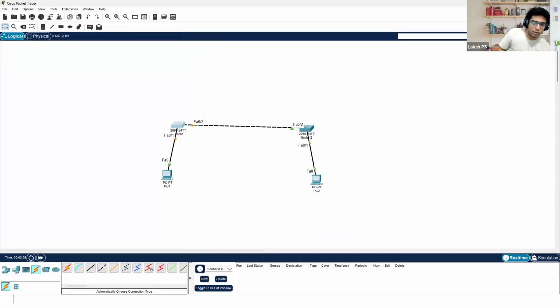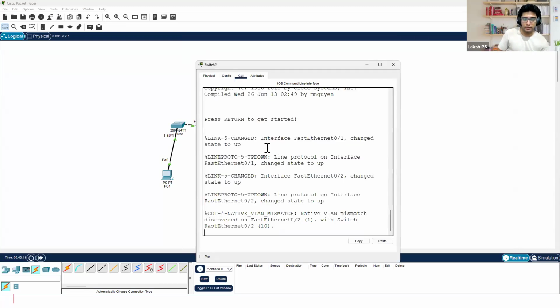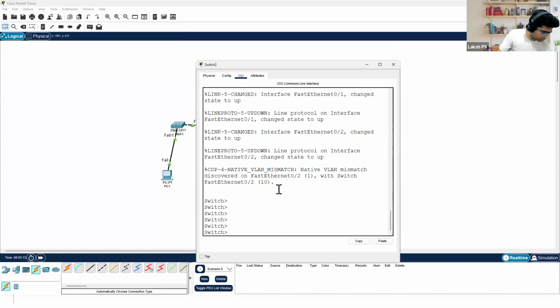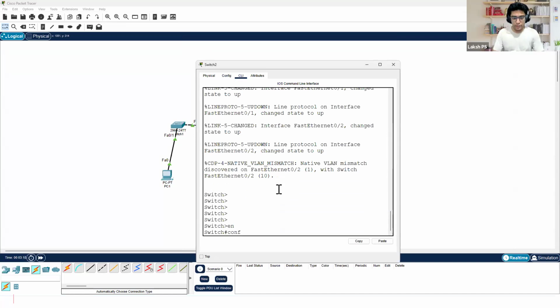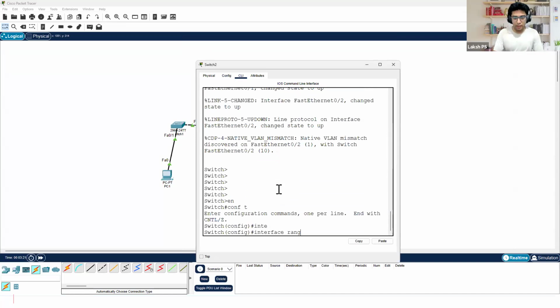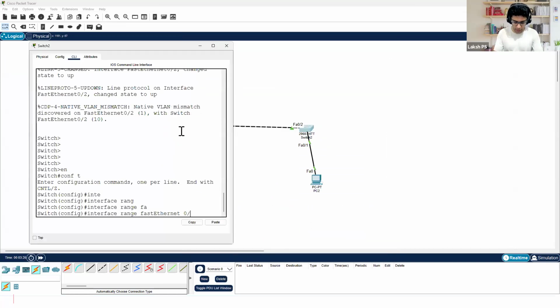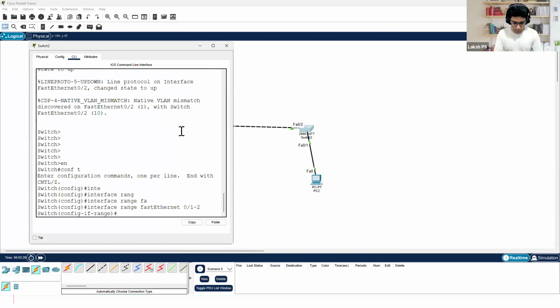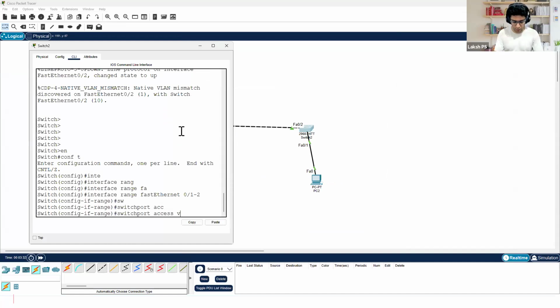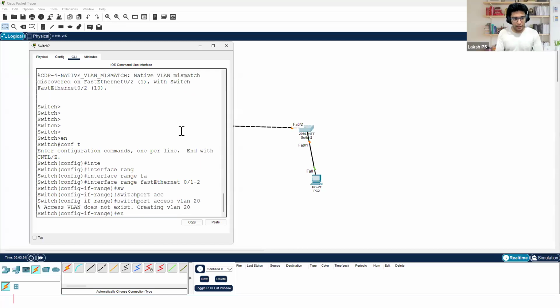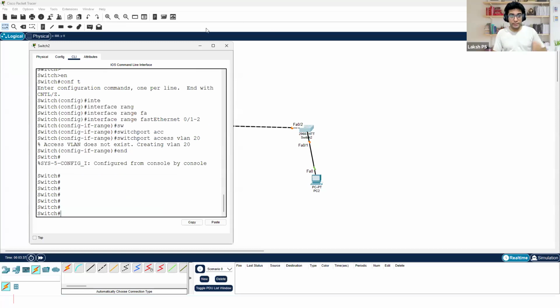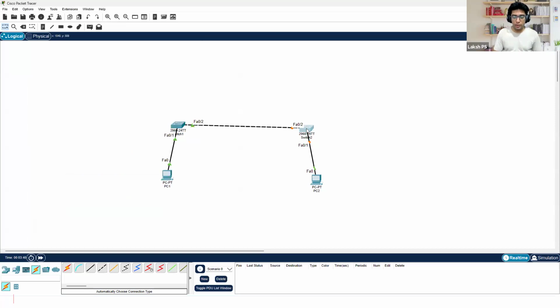I will do a similar configuration on switch number 2 as well. Enable, then configuration terminal, interface range, that is 0/1 and 0/2, fast Ethernet 0/1 hyphen 2. So switchport access vlan 20. And now we'll just wait for these interfaces to turn green, and then we'll ping